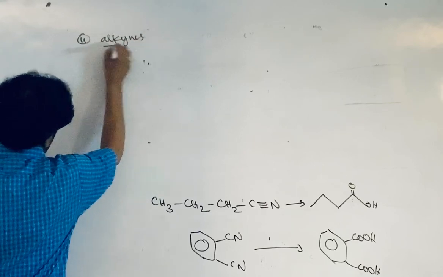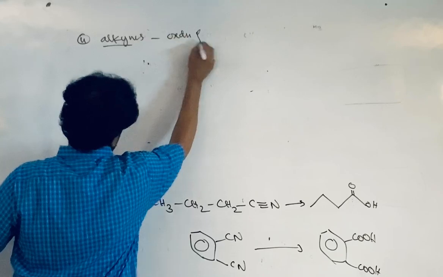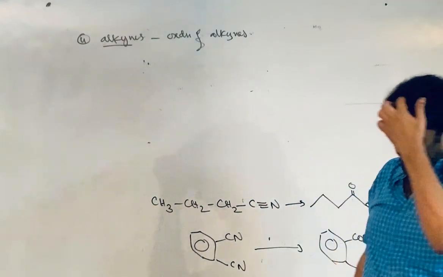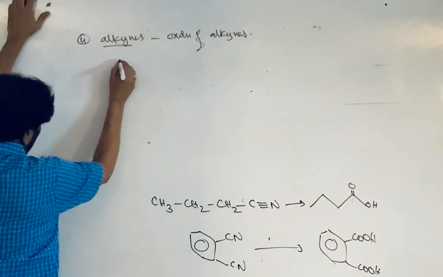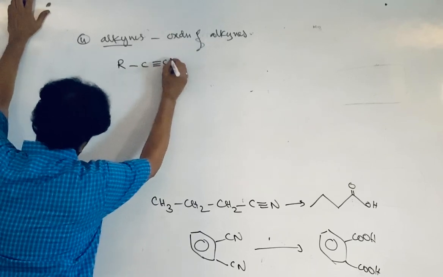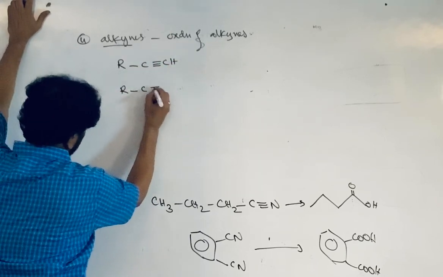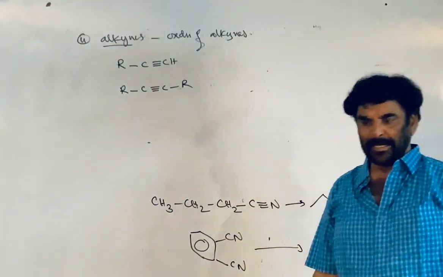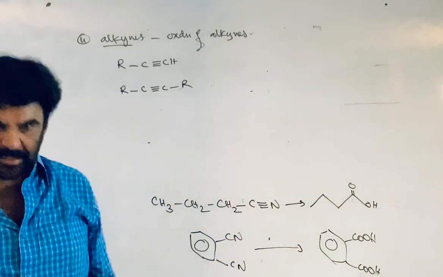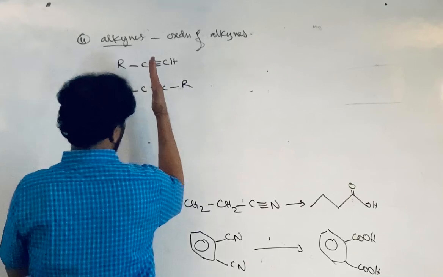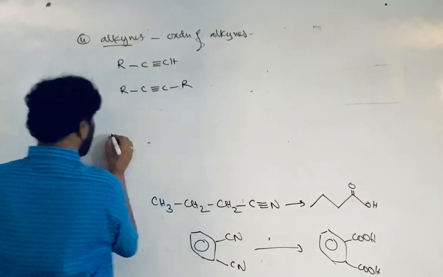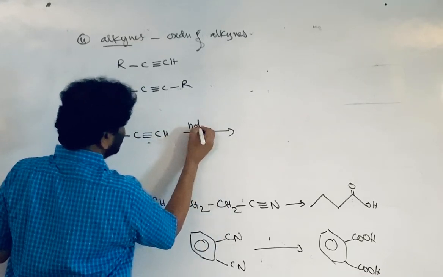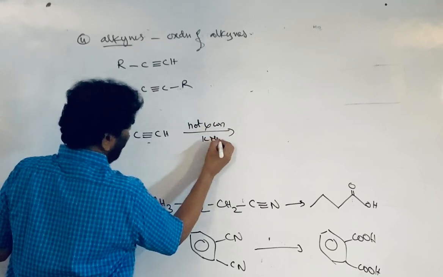From alkynes, oxidation of alkynes. So only terminal alkynes, starting from the terminal alkynes, 1-alkynes and symmetrical alkynes, carboxylic acids can be prepared. See, hot and concentrated KMnO4, potassium permanganate, oxidizes the carbon-carbon triple bond. When this is treated with hot and concentrated KMnO4, a powerful oxidizing agent,